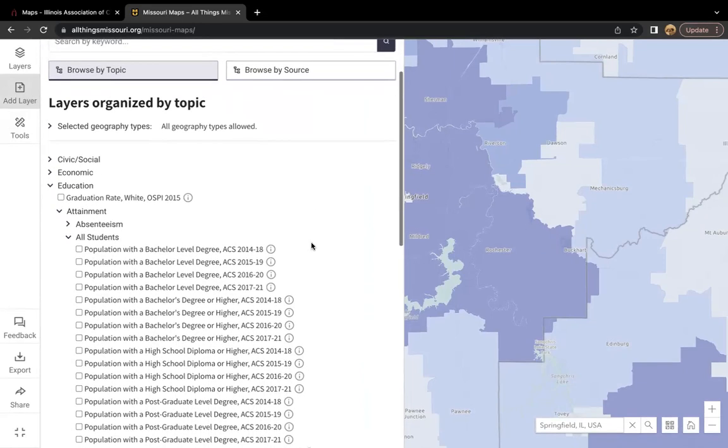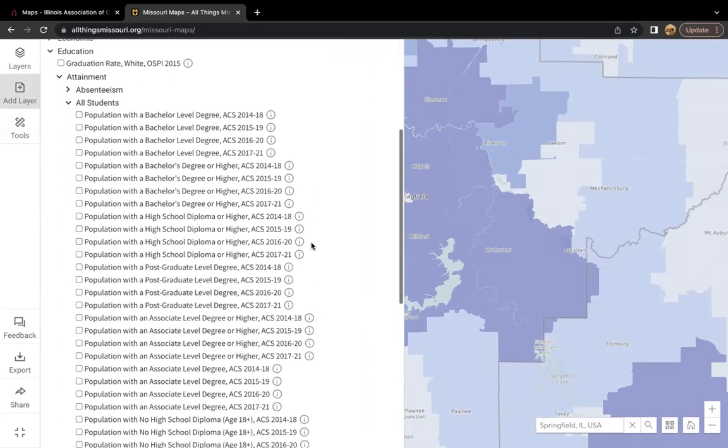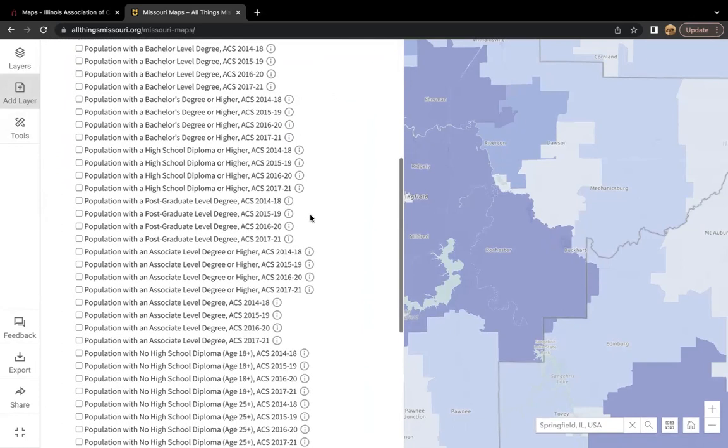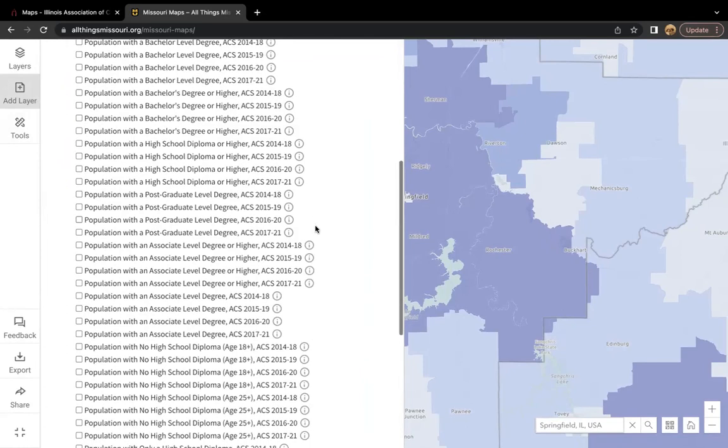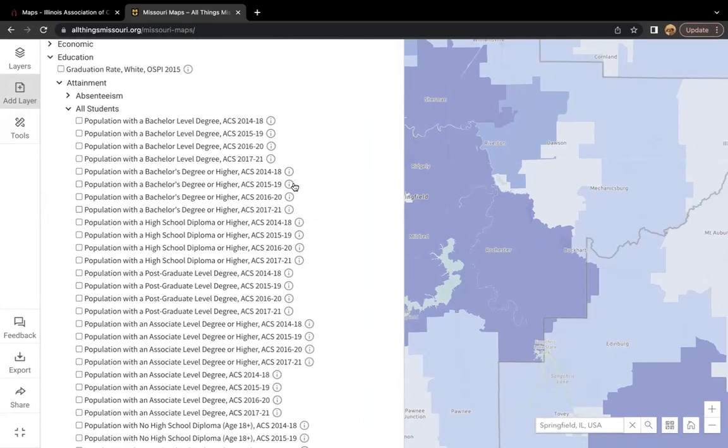So let's say we are looking at our education attainment here, and we have looked at our population with a bachelor level degree, and this is our most up-to-date data. It is for 2017 to 2021.